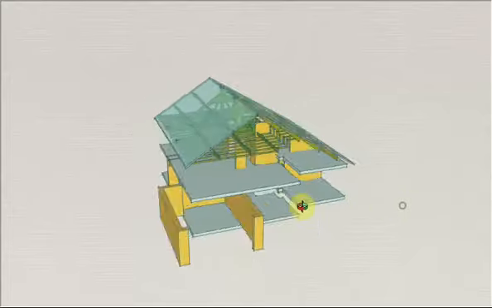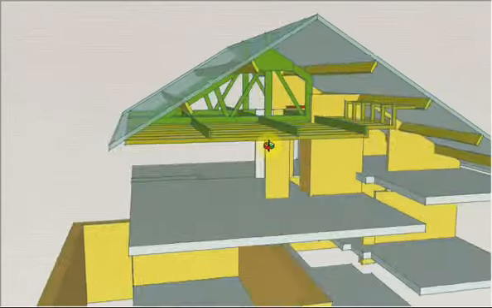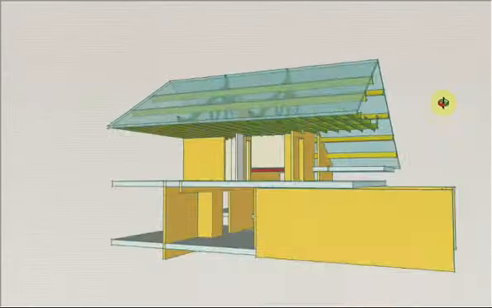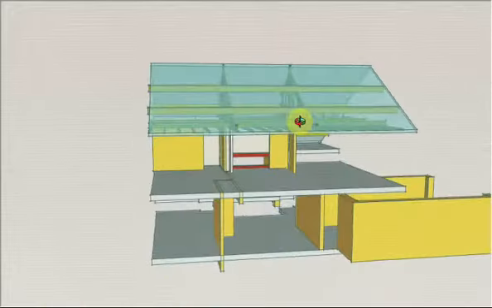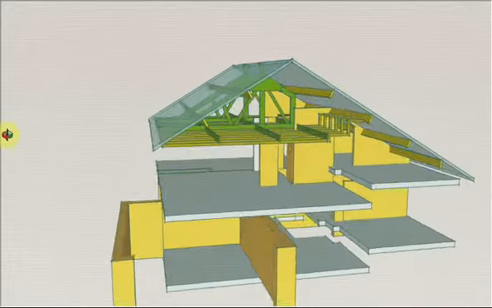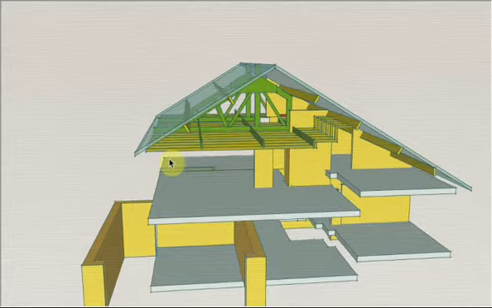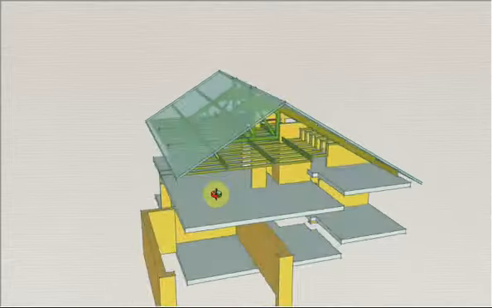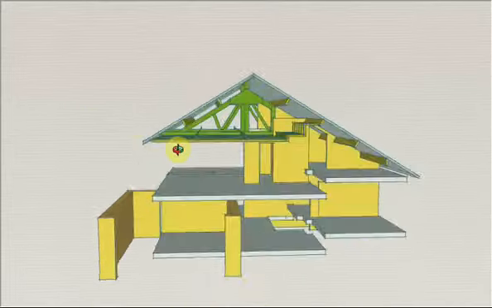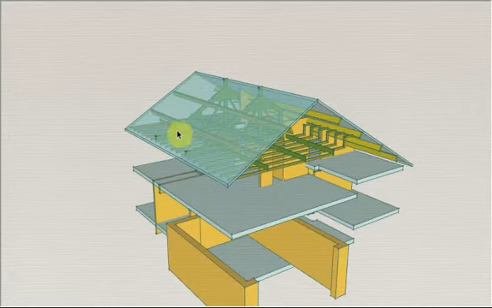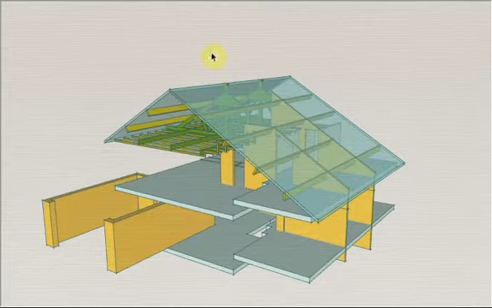Just wanted to show a quick video to demonstrate how Sketchup provides a working model for communicating ideas to a client. This is a loft extension, an existing building, a 70s building in County Durham, with trusses holding up purlins which hold up the roof. I've not shown the roof structure because it's not really required,